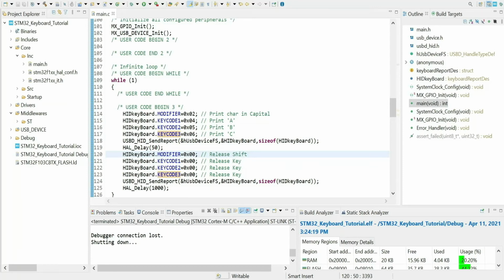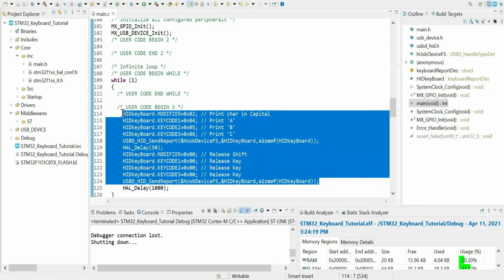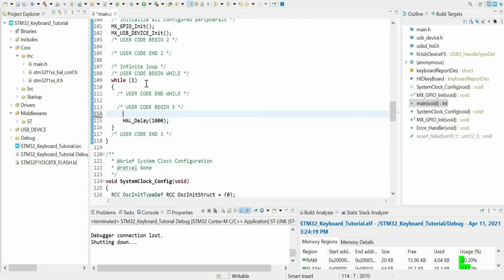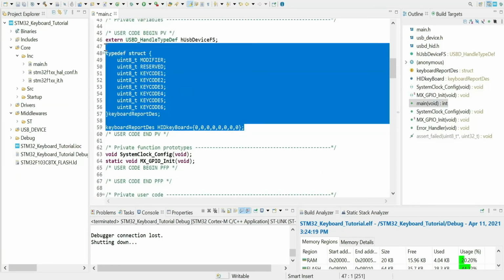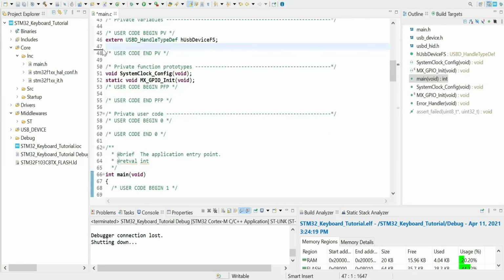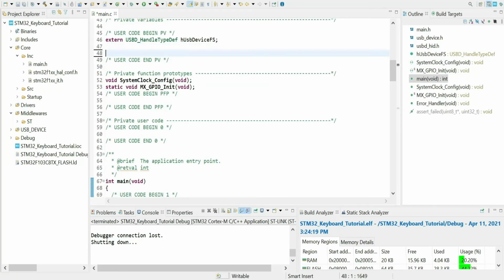First of all, we have to delete all the stuff of while loop, and we also delete the structure declaration. Declare one character array, name is message buffer. I am giving the size of 100 bytes.